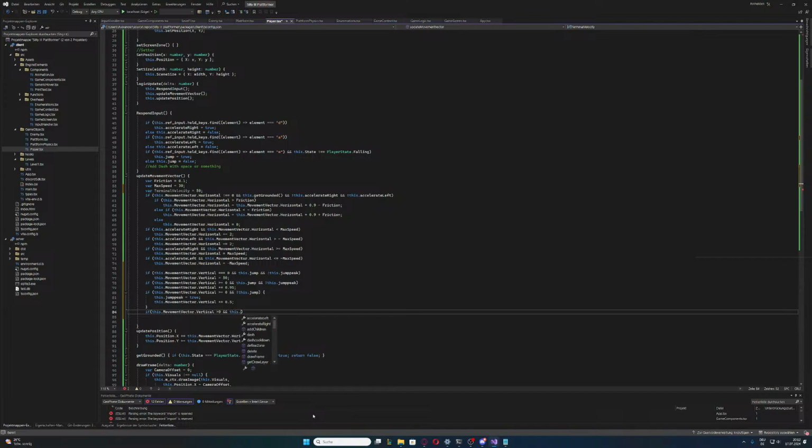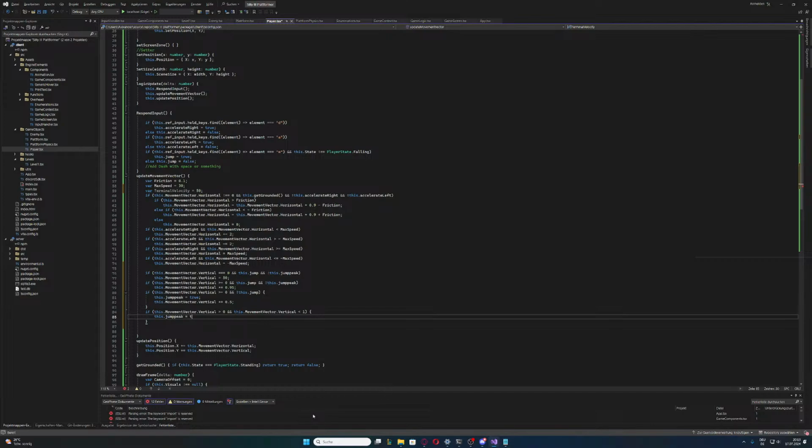And this dot movement vector dot vertical is less than, I don't know, 0.5, I guess, or less than 1. And then jump peak equals true,